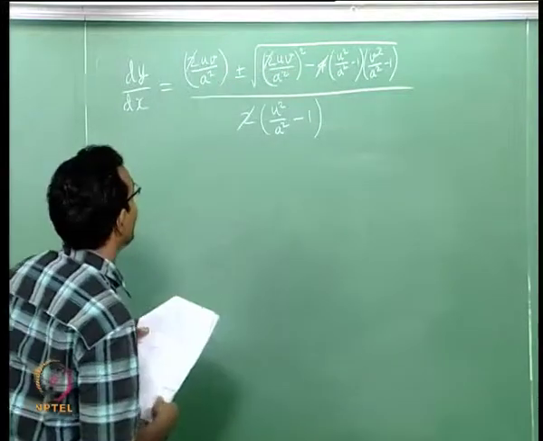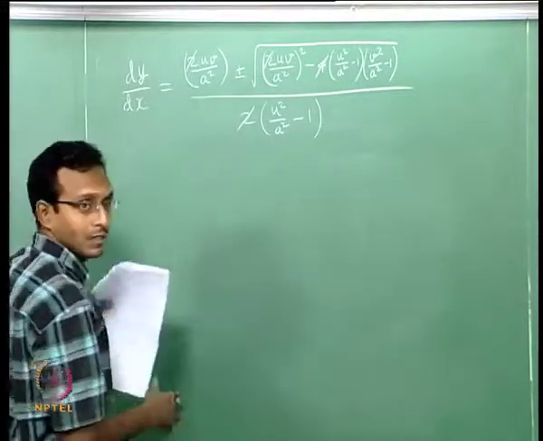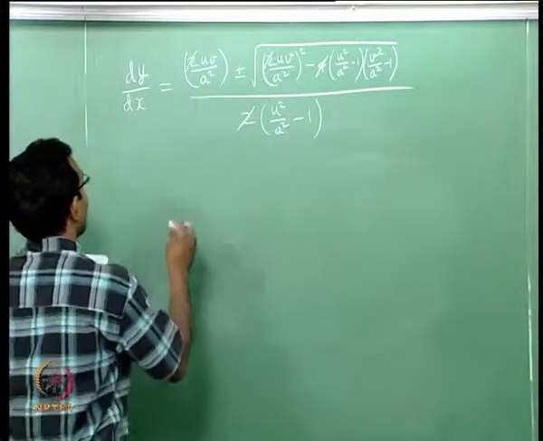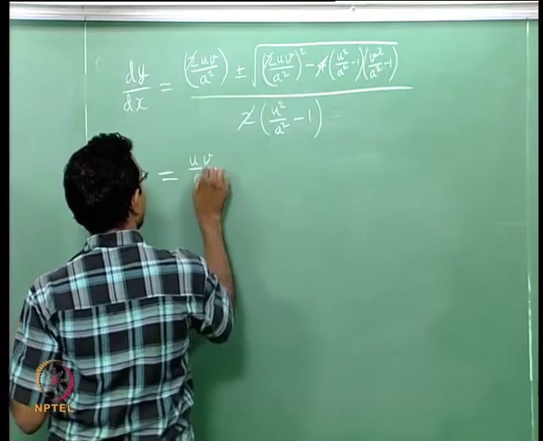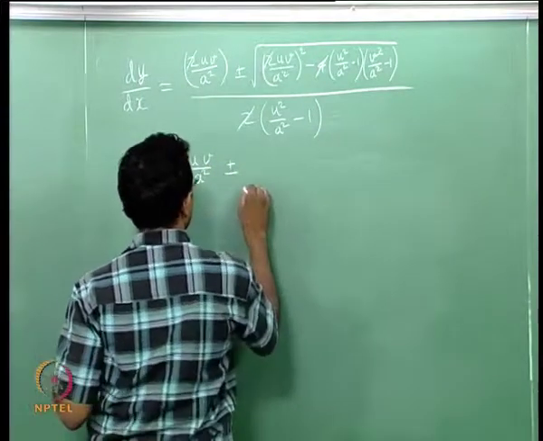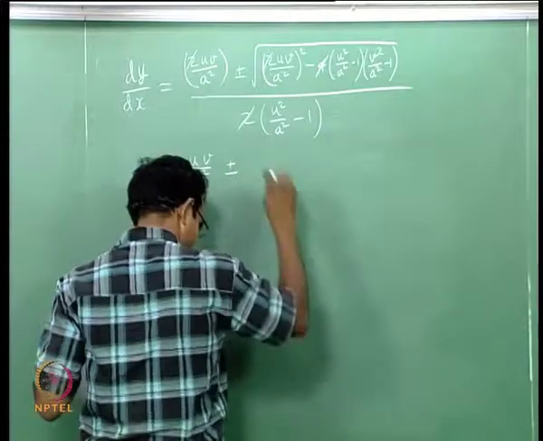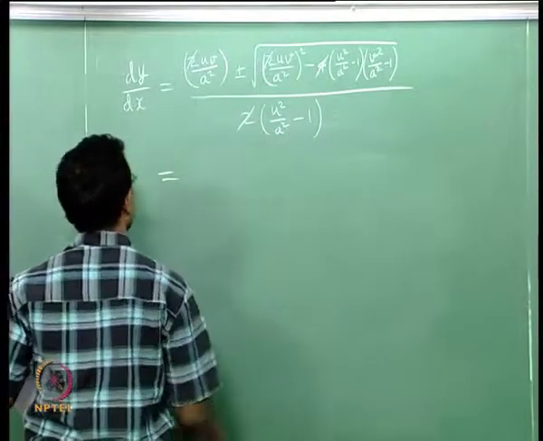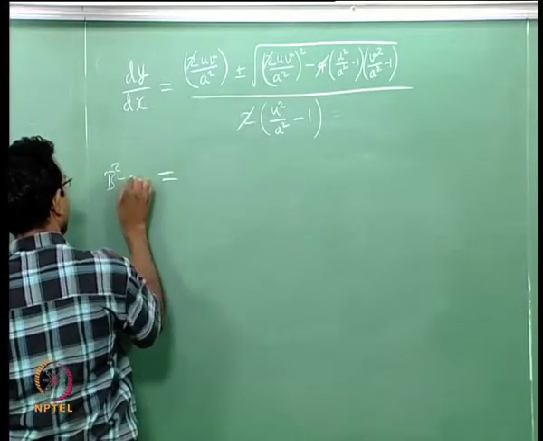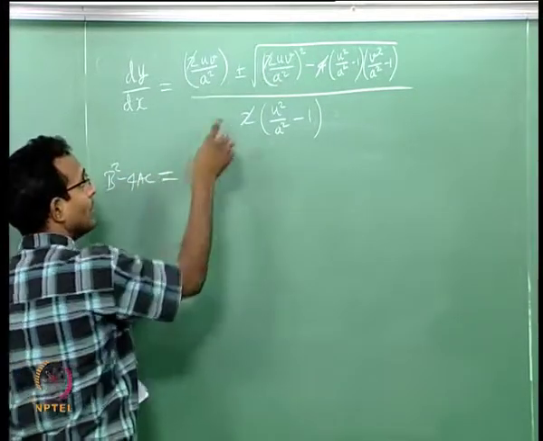Now, the only remaining thing I need to think about. Okay, so I look at this, it is going to be uv by a square plus minus, let us say we will look at it in a simpler way. We will just look at what is inside the square bracket, the square root. Inside the square root, it was the b square minus 4ac term. This is equal to